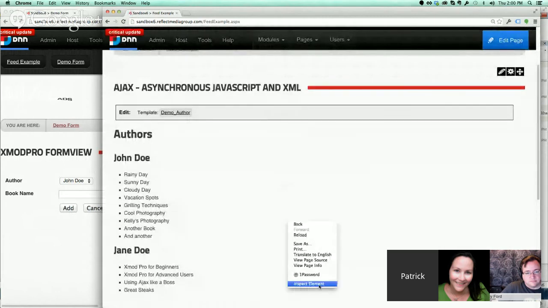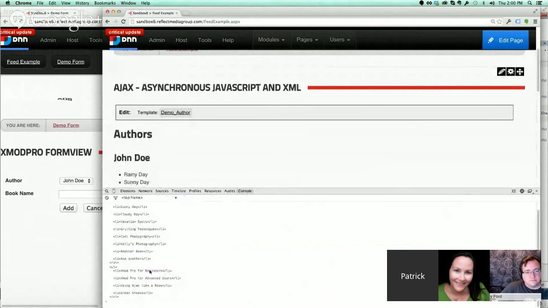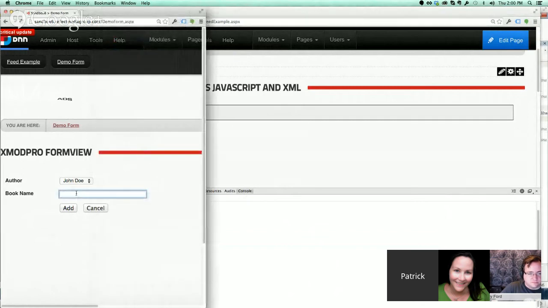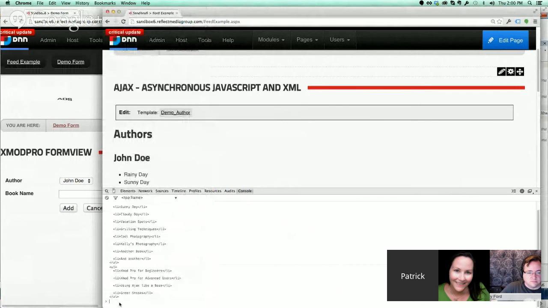Now what you just saw me type there is console log. That enables me to write into this console the data. So this is the data that's returned from our feed. And inside this console, now I can type in another book for John,